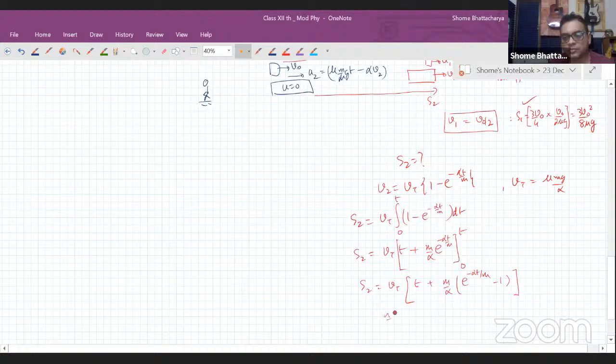So this is approximately, but then we'll get this displacement tending to 0. Yeah, and that makes sense because